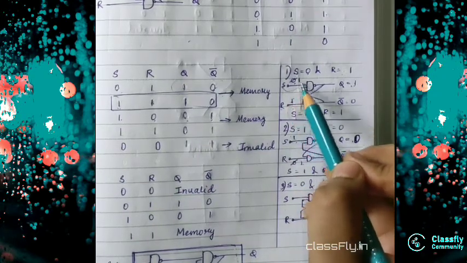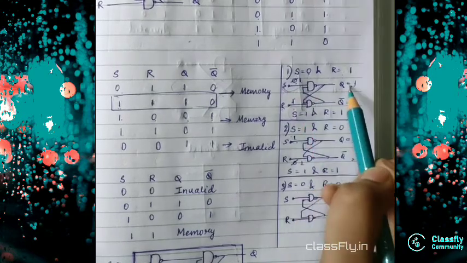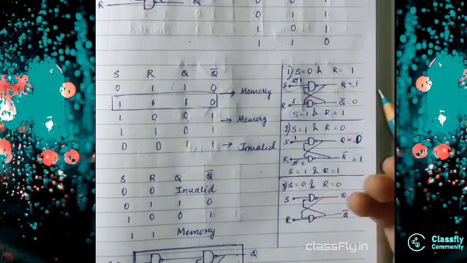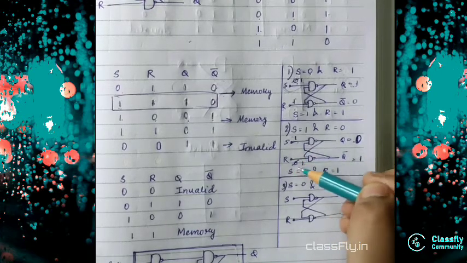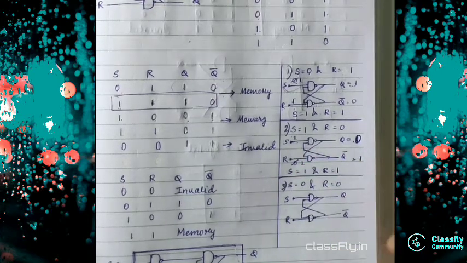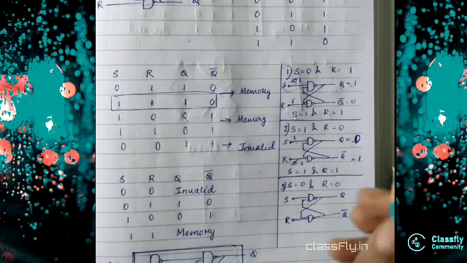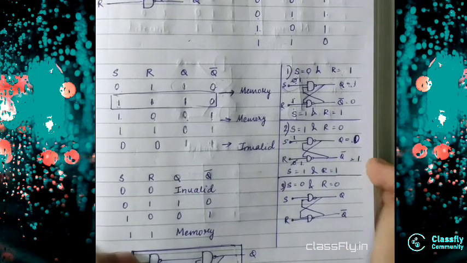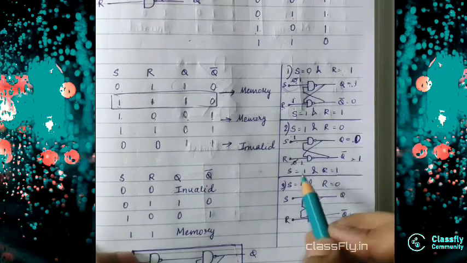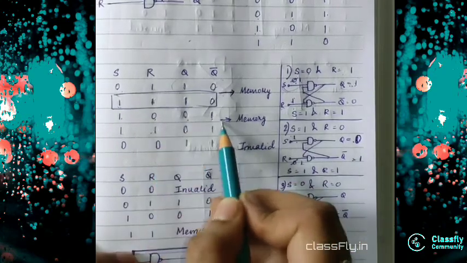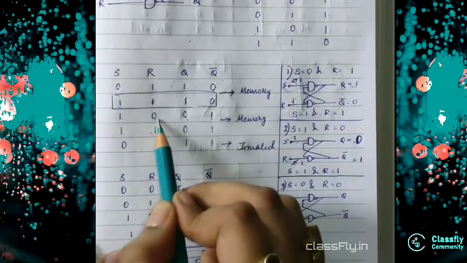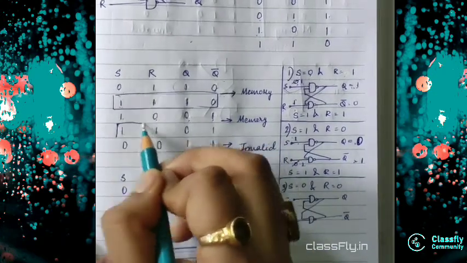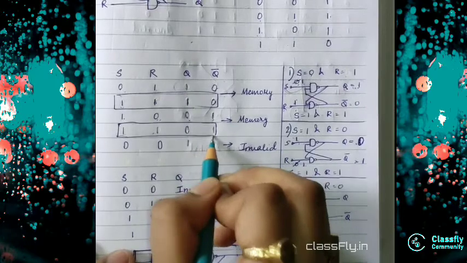So as here it is 0, we will write its output here, that is 1. And as here it was 1 and 0, the output will be returned to the Q bar. That's why it is 1 here. Now see, if I put 1 1, I get the similar output as I got for the input 1 0. So this state again becomes my memory state.